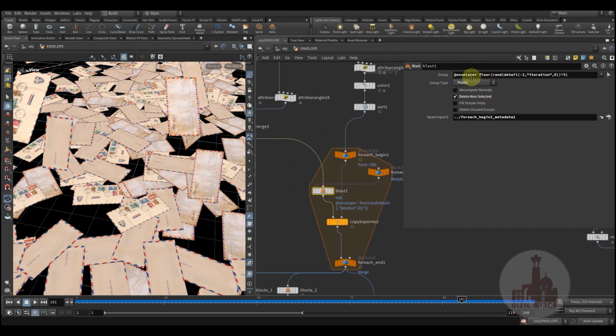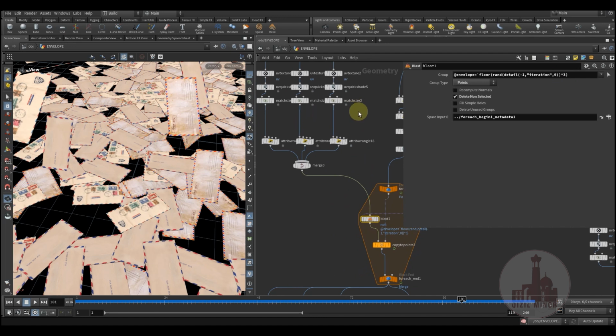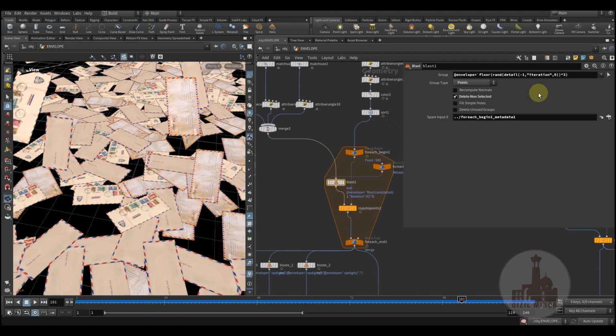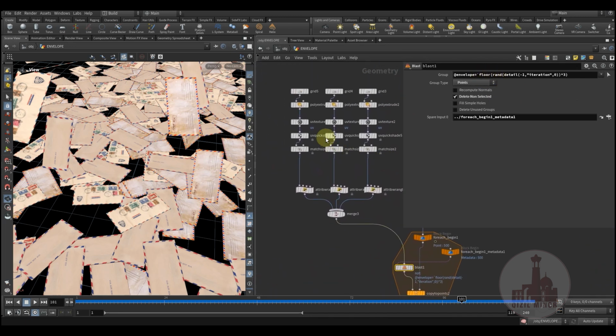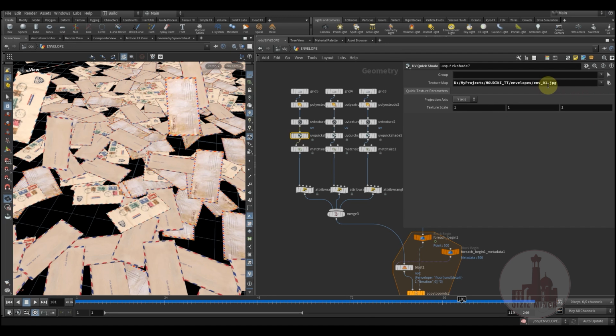So I'm using this envelope attribute, and by using the metadata iteration value, I'm randomizing this iteration value and multiplying it by 3, because I have those 3 types of envelopes, and I'm using this floor expression because